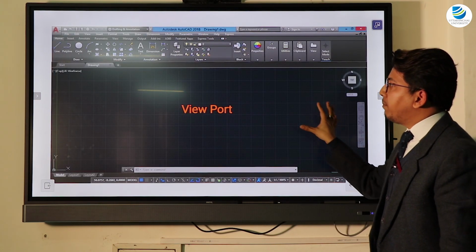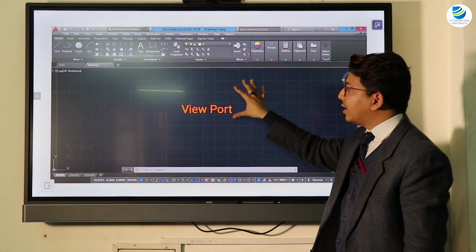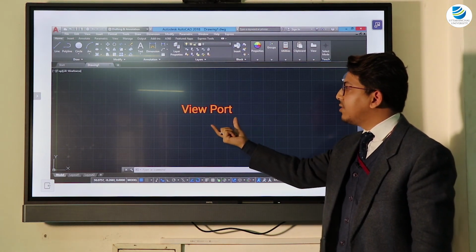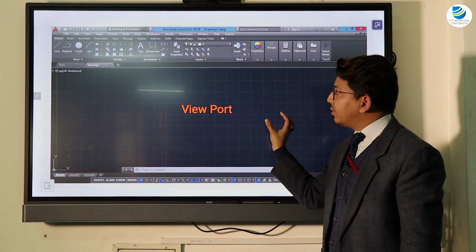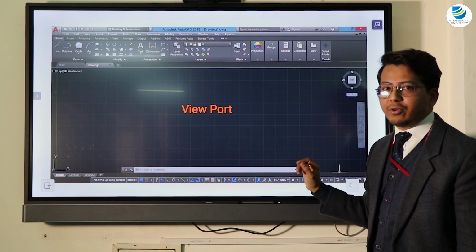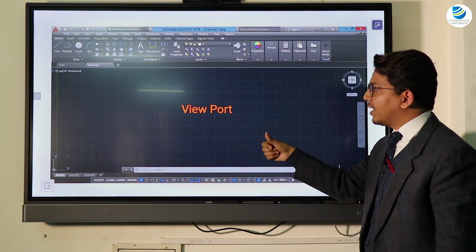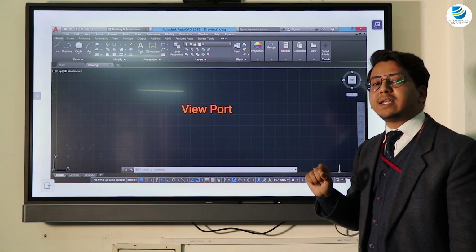Now let's come to the main working area where we draw the drawings. This area is known as the viewport. You can see this whole area is divided into grids, these vertical lines and horizontal lines. These vertical and horizontal lines are known as grid lines.